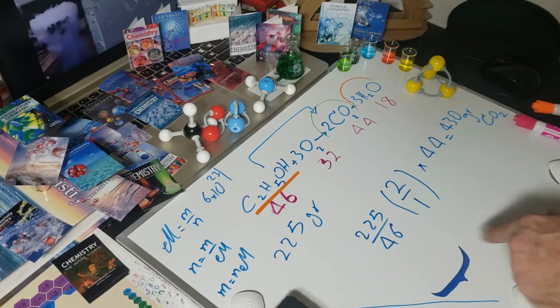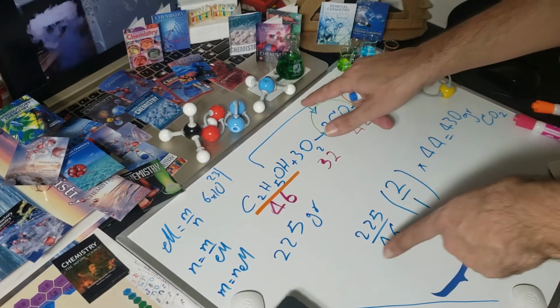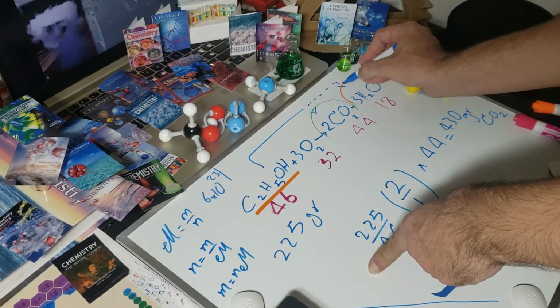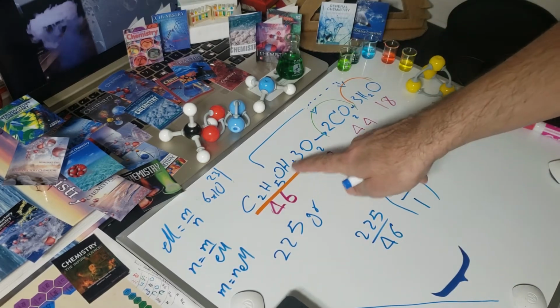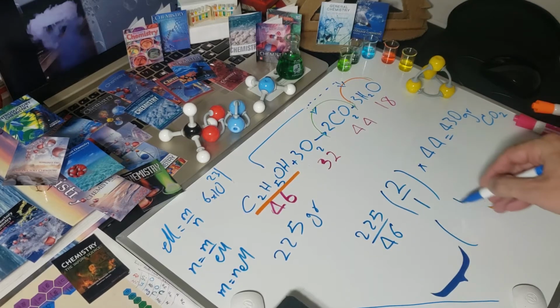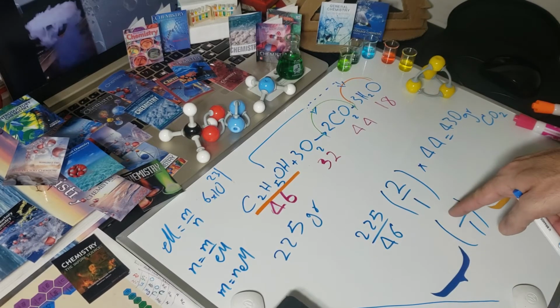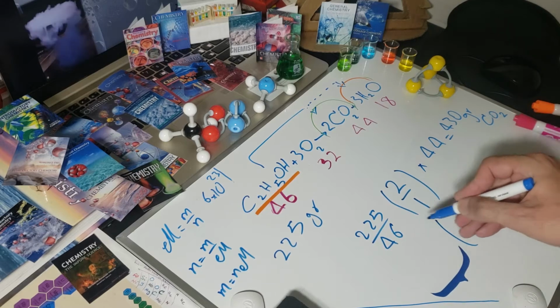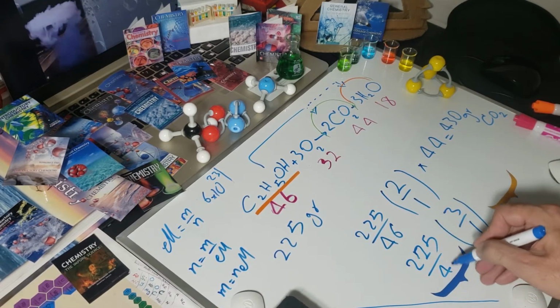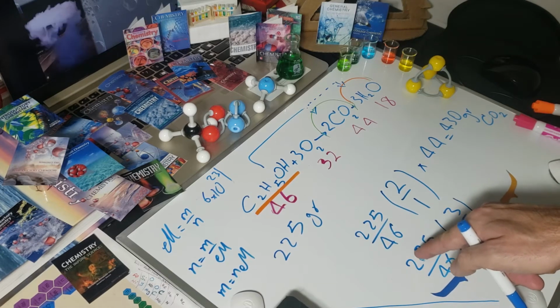Let's now do the same thing on the second part, but I'm going to be interested in H2O instead of CO2. What then should I put in this part? It should be H2O. And my molar ratio should also put the moles of H2O here, which is 3. Again, my grams is 225 divided by 46,